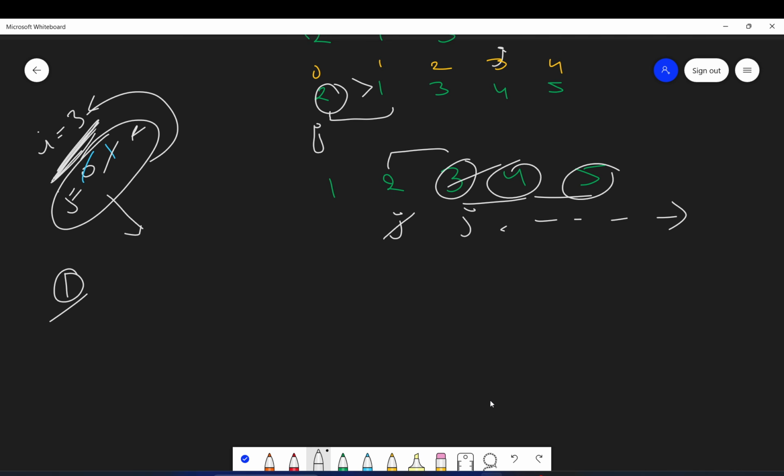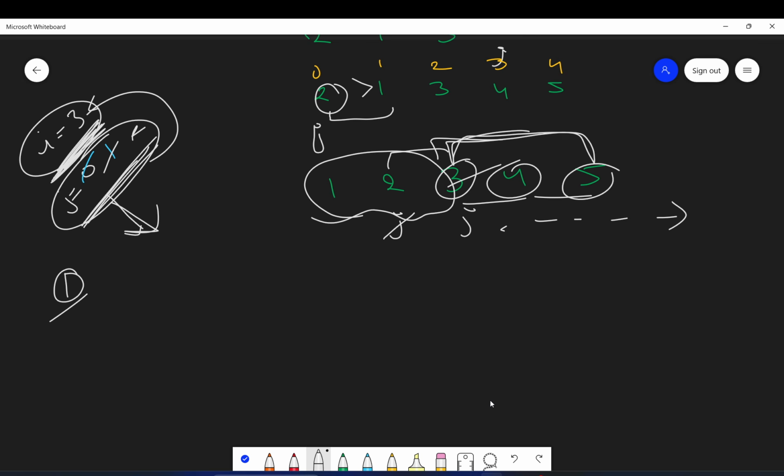In the third iteration, we already know that these are the correct positions. So we have to have j's value in such a way that, when i is equal to this much, we only need to iterate till this. No need to do these again. So this is one optimization which we can do.